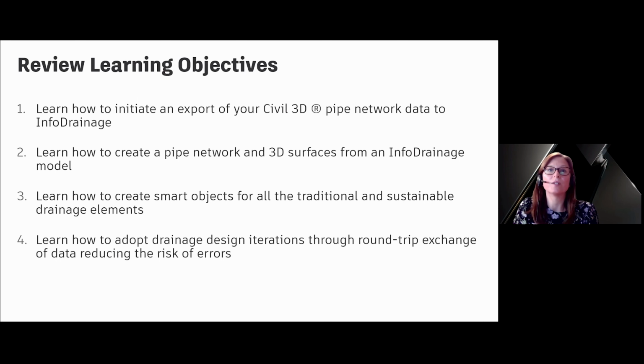If we can optimize the drainage design workflows by using InfoDrainage for Civil 3D, then engineers can more efficiently represent their design, reduce data errors and data loss, and more efficiently, with fewer manual steps, complete the drainage design, giving greater confidence in the validity and accuracy of design information.